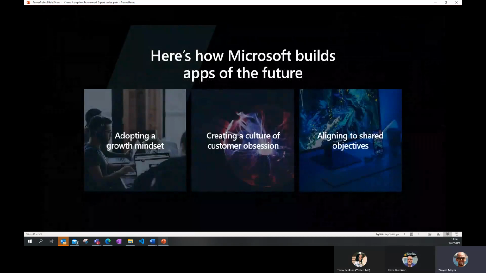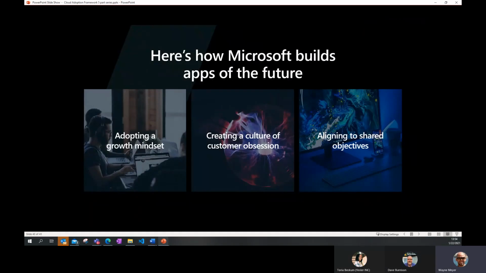Exactly. Yeah, I think it's just such a great story, and I think it sets the context and sets the tone. Hey, this isn't show up on day one, think about it, day two, we deploy and we're up and running. It's an evolution that we're going to continue to go through. Talk us through a little bit about adopting this growth mindset and how that's really played into the stories and the work that you do on a daily basis.